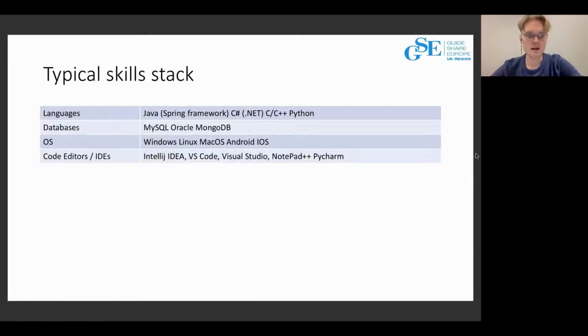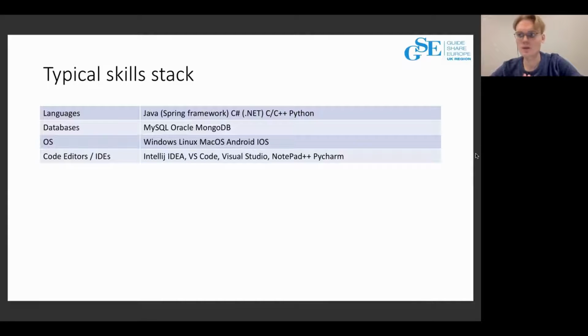Here's an example of a typical skill stack of a graduate. We bet that this graduate may have studied courses related to web programming, database administration, or system programming.